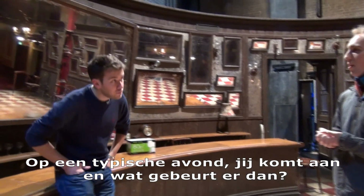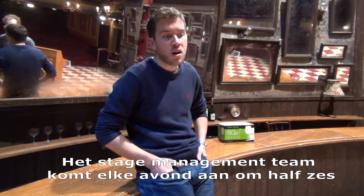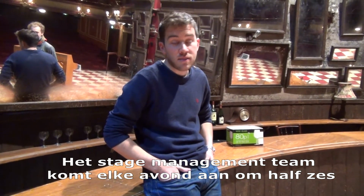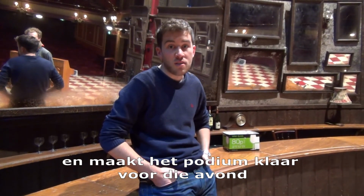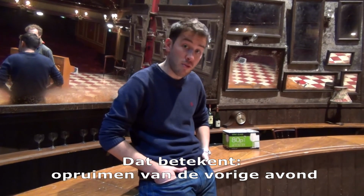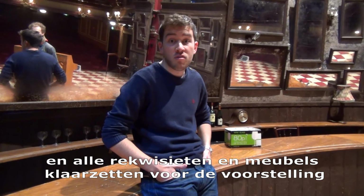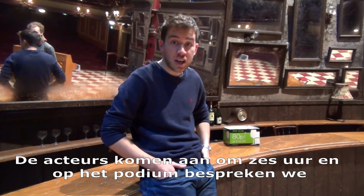A typical evening, you come in, and then what happens? Okay, so the stage management team arrive on a nightly basis at 5:30, and we set the stage for that night for the performance, which means clearing up from the night before and setting all the props and furniture for that night's performance. Then the company arrive at 6 o'clock, and we all meet on the stage each day to